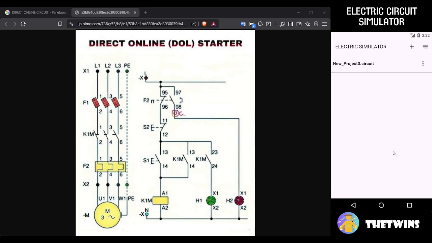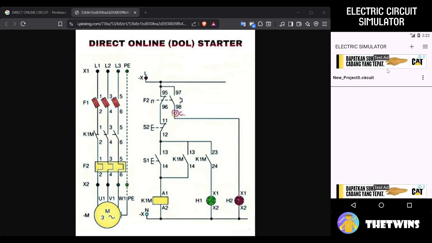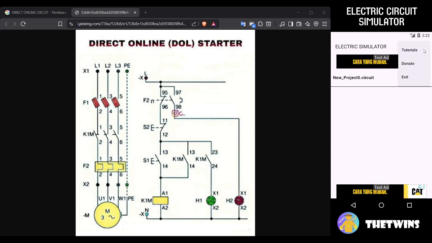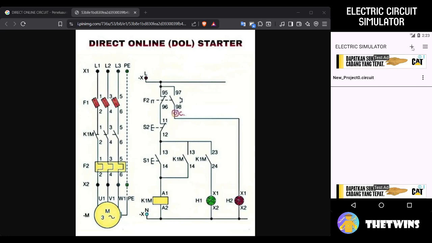And then it's the homepage view of the Electric Simulator app. In the top right corner is a menu for tutorials, download and exit. And then the plus icon is for creating a new project file like this.